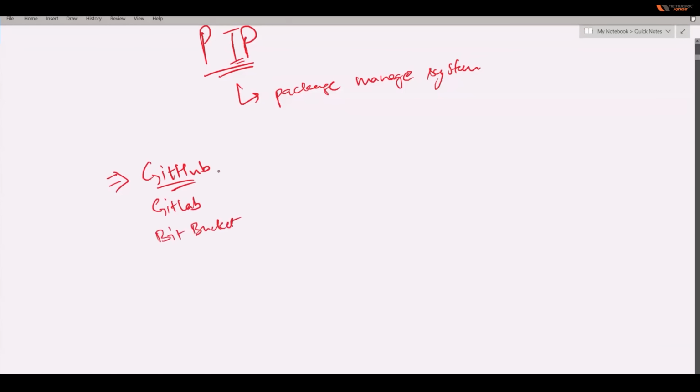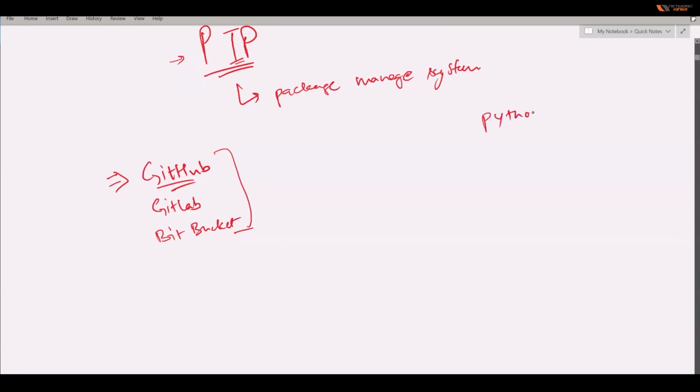These are all code management or code maintenance, you can say, or remote repository websites. We'll probably discuss them a little later, but they are hosted publicly, so that anyone can use them. But if you want your package to be used in a more official way, and you want pip to be able to directly download it, so people can easily download and install it, what you can do is